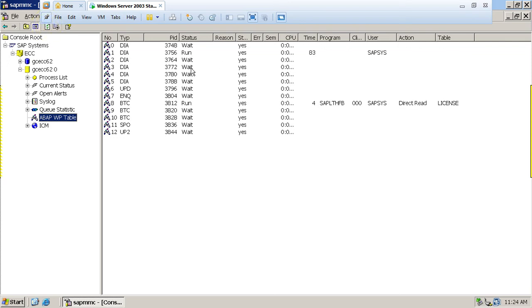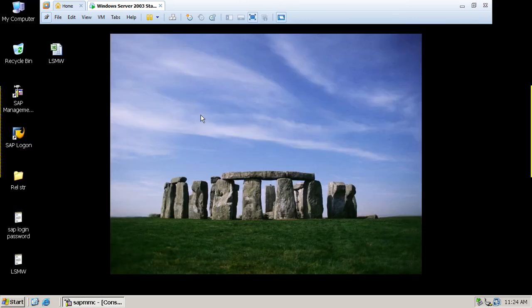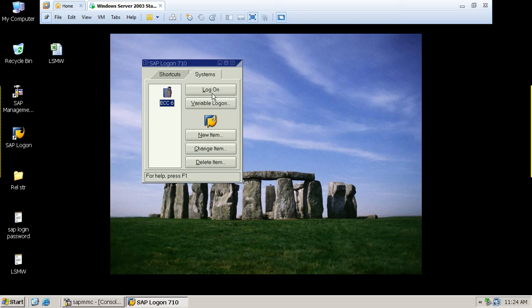Okay, almost 90% of the waiting stage is completed. Now we can go to the SAP window in the Windows server. Now we can log in to your SAP. It is still in the waiting stage. Wait for now, then log in.